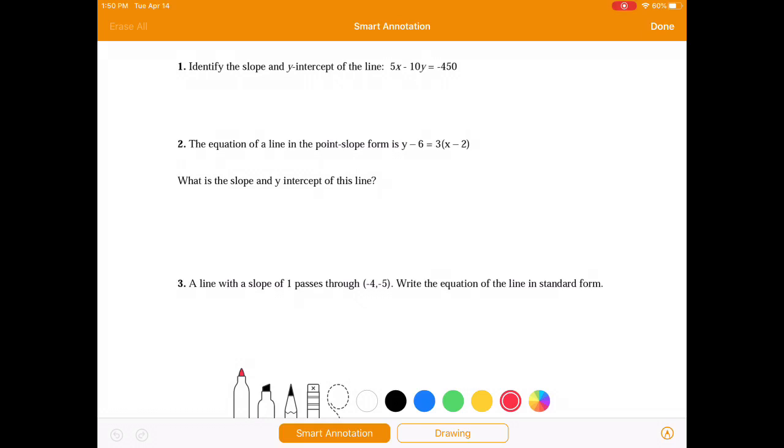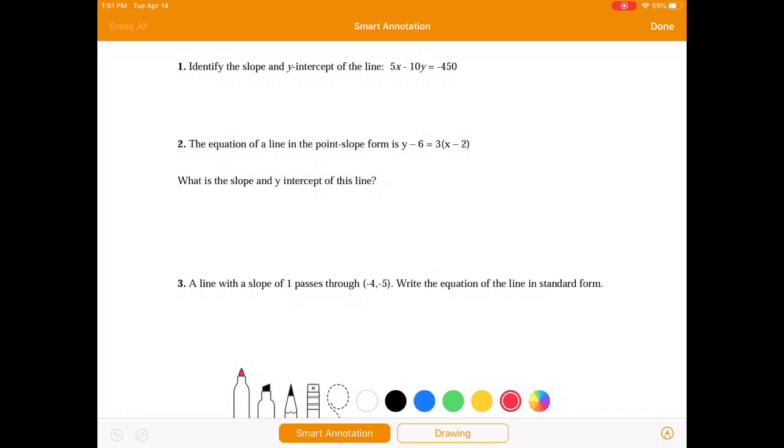So the first question is identify the slope and y-intercept of the line 5x minus 10y equals negative 450. What you notice about this equation is it's in standard form. So basically we're trying to change it from standard form into slope-intercept form. In order to do that, we just have to solve for y. And when we solve for y, it will be in slope-intercept form,